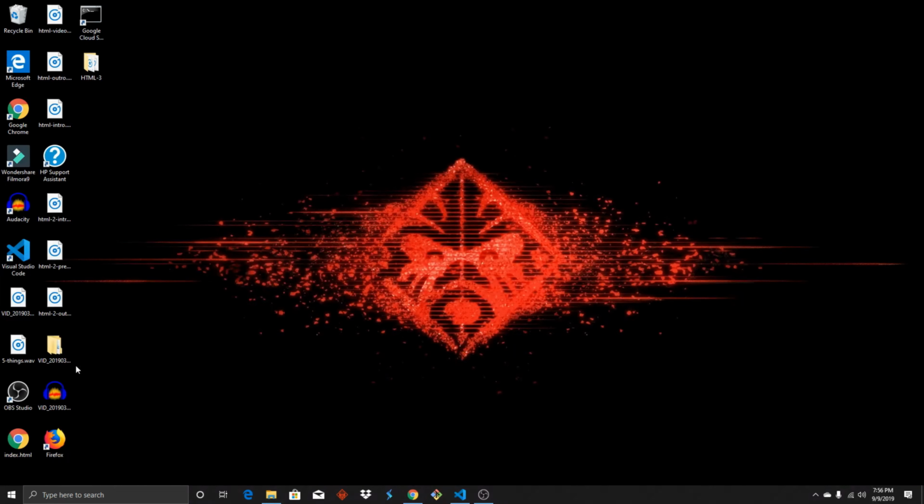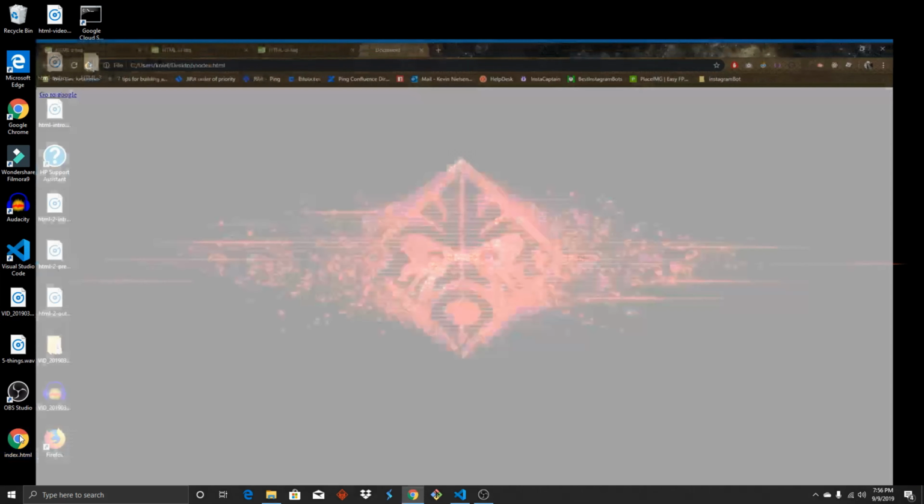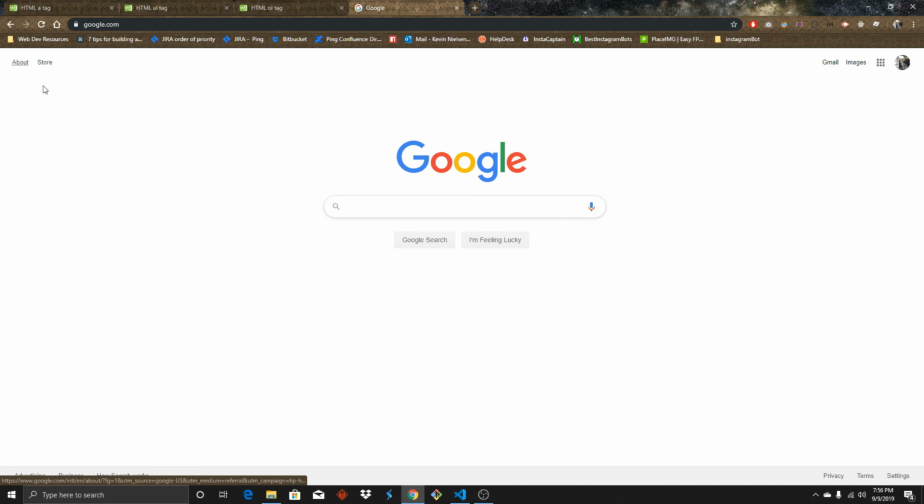and I'm going to open up my index.html, which will bring me right to the browser. And now you can see the page is up there, and all that's on there is go to Google. I'm going to click it, and it's going to take us to google.com. Really exciting. The anchor tag is so diverse and so important in your website that you're going to be so